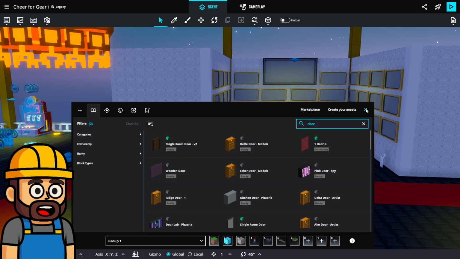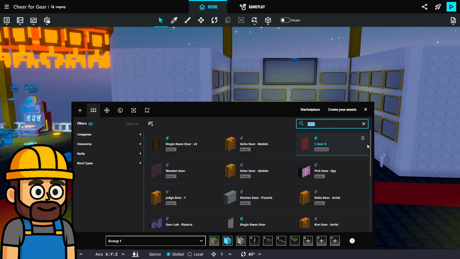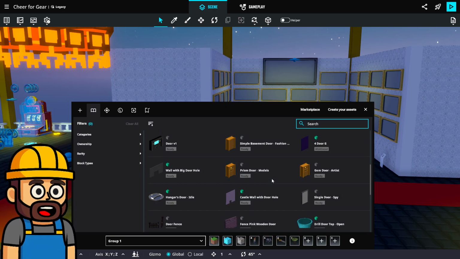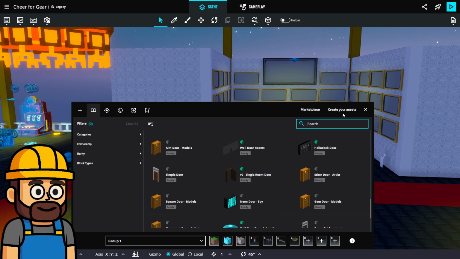We had like doors with locks that you had to unlock by collecting a certain amount of things. Let me search in the workspace. I'm trying to find those, but I can't find them. Just for now. Wait.